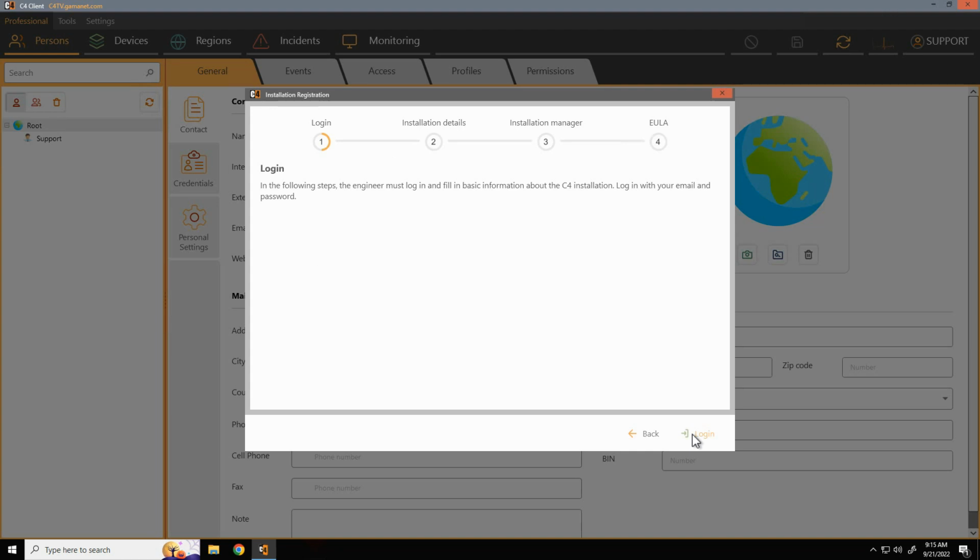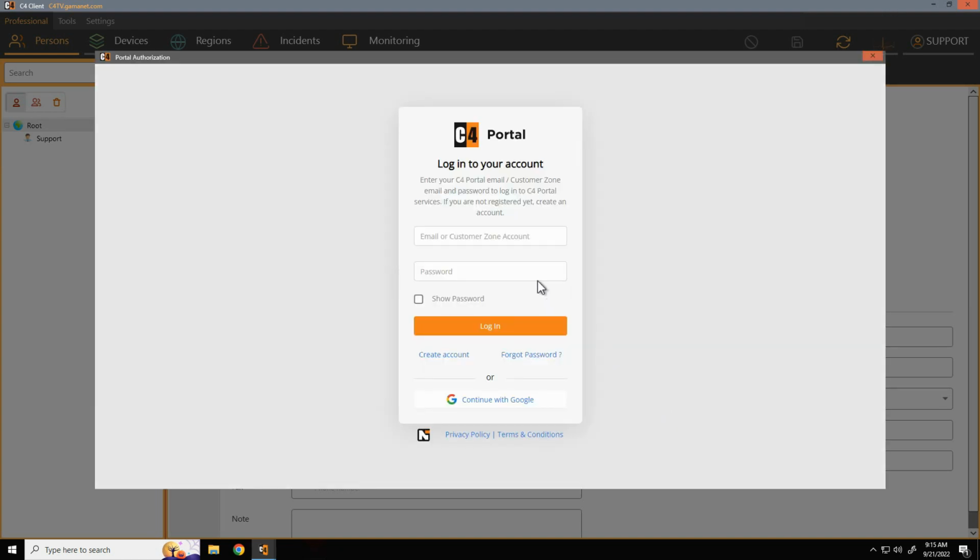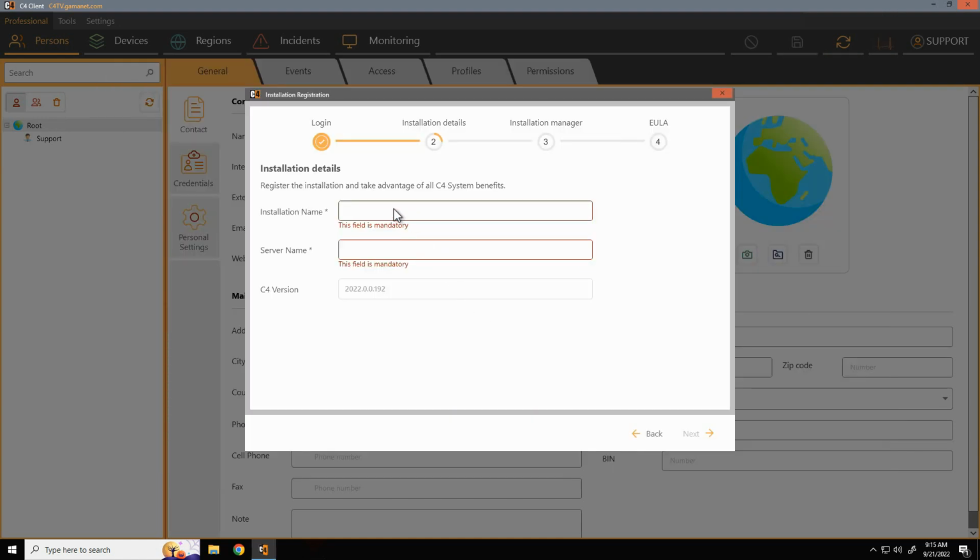The installation and subsequent registration must be performed exclusively by an engineer trained at least to the Administrator Basic level. You must log into the portal services from the C4 client to verify your authorization to install and register the C4 system. Please use the account which you have been using during the requested trainings in order to log into the portal services. You will be able to manage the customer's licenses only via this account in the future. Your single account allows you to manage all your customers' installations.